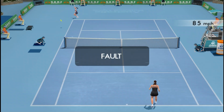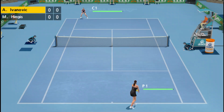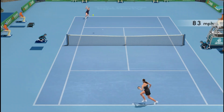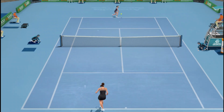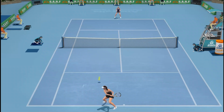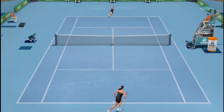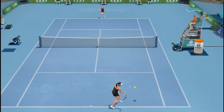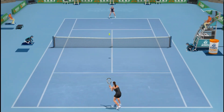Anna Ivanovic with a wide serve just out, so second serve. Anna Ivanovic, second serve, centre of the box. Martina Hingis backhand return, backhand to backhand, ball striking 4 shots each. Fifth backhand Martina Hingis, forehand Anna Ivanovic to the centre with depth, forehand Martina Hingis return to